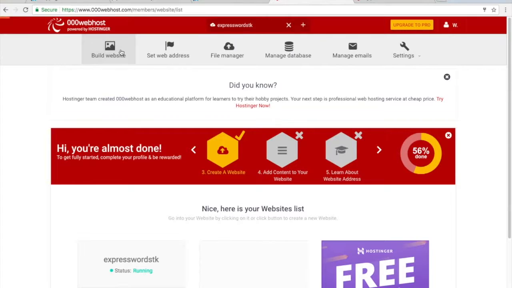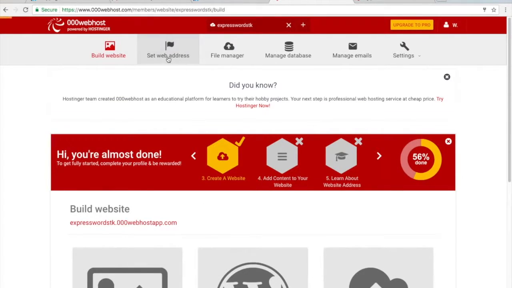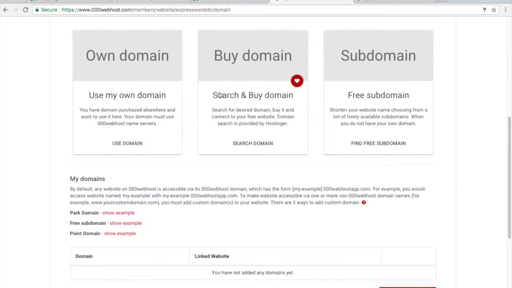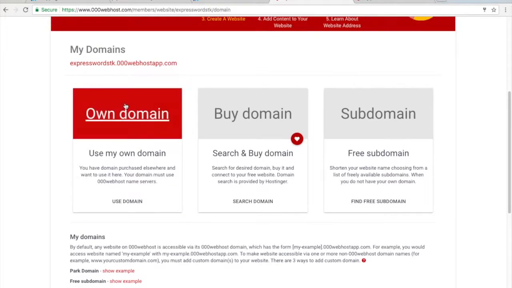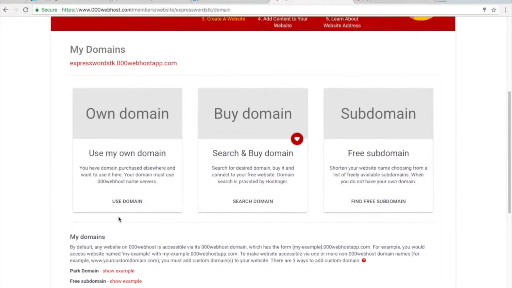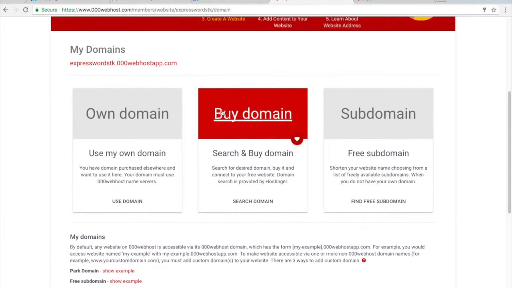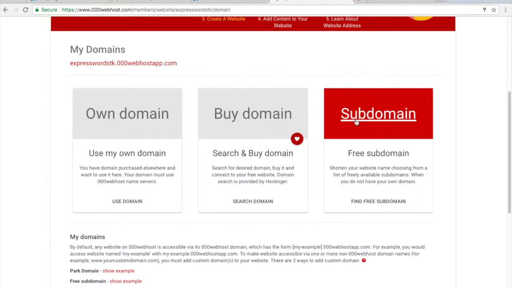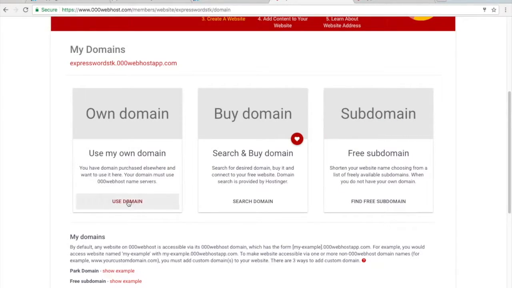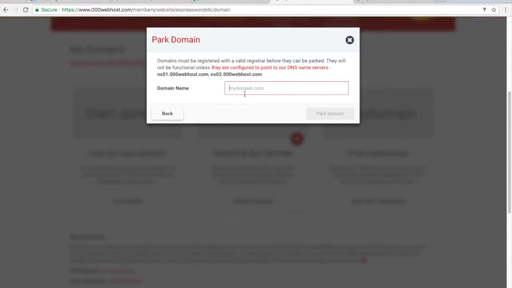So let's go to build the website or set a web address. That is the thing that we're going to do. So here, if you own a domain, you can say I use my own domain. There is another option. You can buy a domain from this same hosting provider, or you can have a subdomain, which is a free subdomain, the same as the one you had. So if you have your own domain, use your domain. Click on here. Click your domain name, which is Express, the one I just purchased,